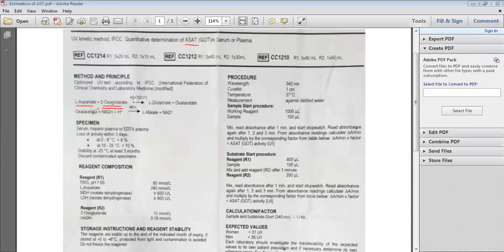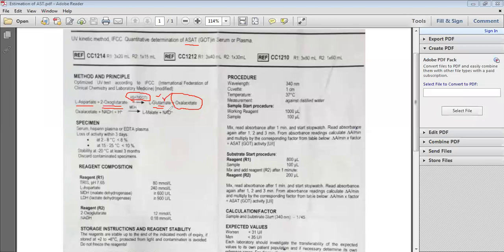When you need to proceed with AST, there will be L-aspartate reacting with 2-oxoglutarate, and there will be the AST enzyme which is present in the serum. This enzyme would convert L-aspartate into L-glutamate, which will be the byproduct of this reaction, and oxaloacetate will be the active compound utilized in the next biochemical reaction. Now you will have two products. One is L-glutamate, the byproduct. We are not going to use this L-glutamate.